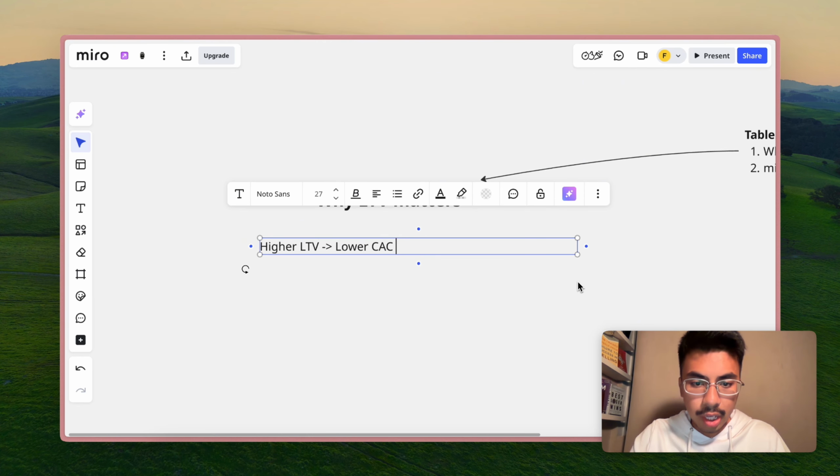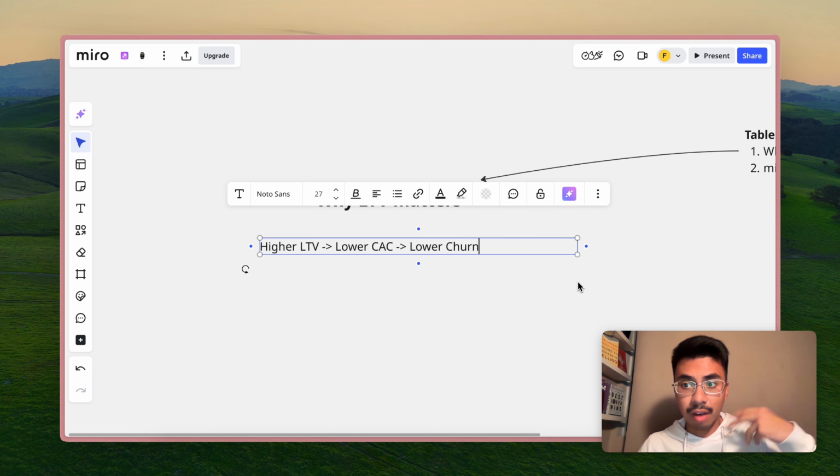So if you have a lower customer acquisition cost, then this also results in a lower churn rate. If you reverse engineer it, you don't have to spend that much money to gain a user, and at the same time, that one user is not going to churn because he has already paid for a 12-month plan of your product, as compared to the vulnerability in your position if a bunch of users were to only pay month after month after month. Which one puts you in a more vulnerable position?